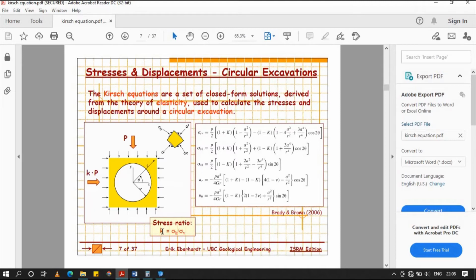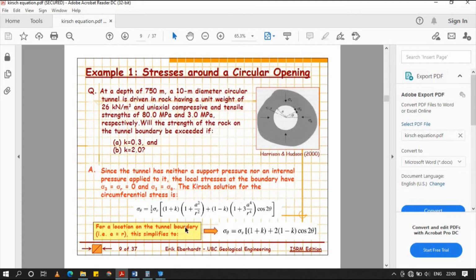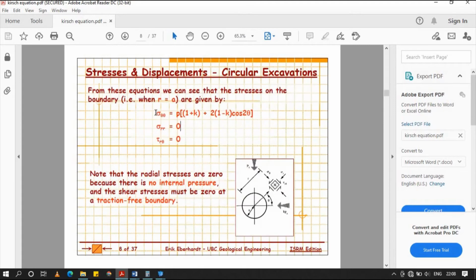Now we know that the stress ratio K is equal to sigma h by sigma v. In this case, sigma h is 10 MPa, sigma v is 5 MPa, so K is equal to 2. And when r is equal to a, this gets reduced to this equation.